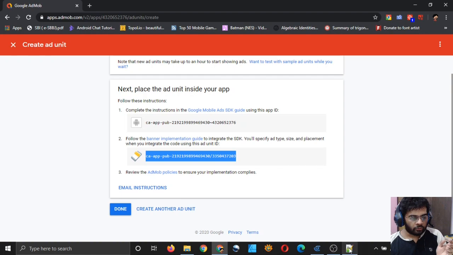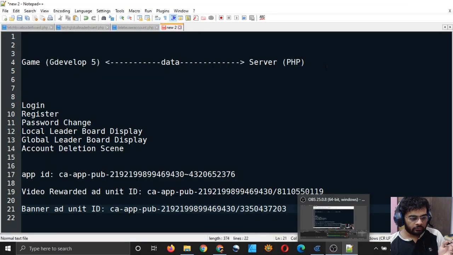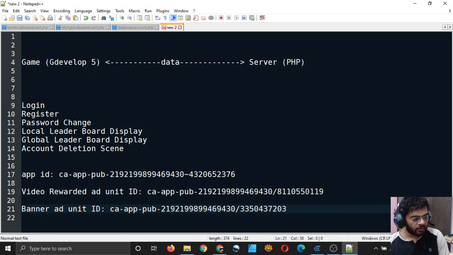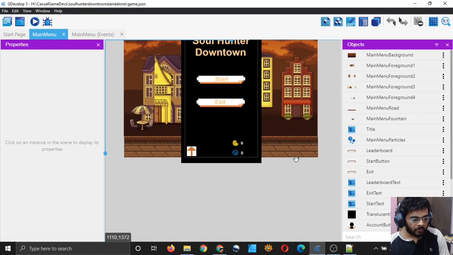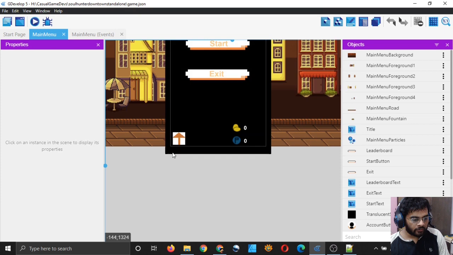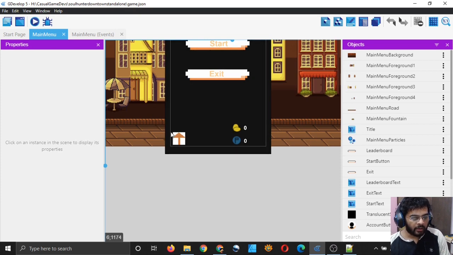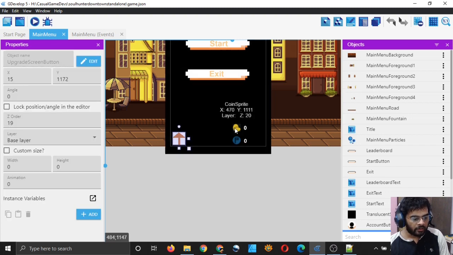Right. Now let us add this banner ad in our game. So I am thinking that I should move these a little bit above because I would like the banner to, I think banner will be displayed at the bottom by default. We will see. I will simply move these.